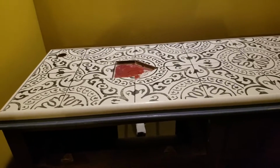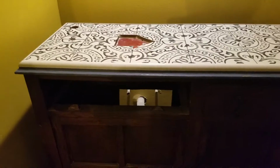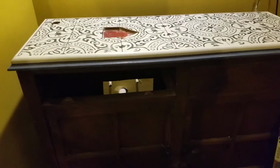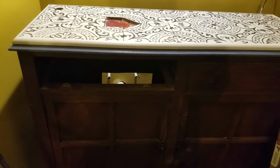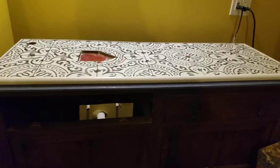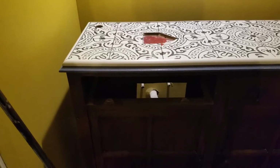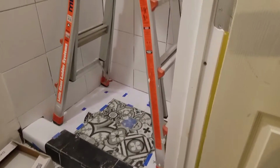So what I really want to do is go grab that sink and put it on there, but I'm not going to do that because it'll squish some of the thin set down. But tomorrow I can put it on there, and we'll probably put some grout on it tomorrow. And then in the shower, I got kind of a late start today because we had a lot of client work come in, but